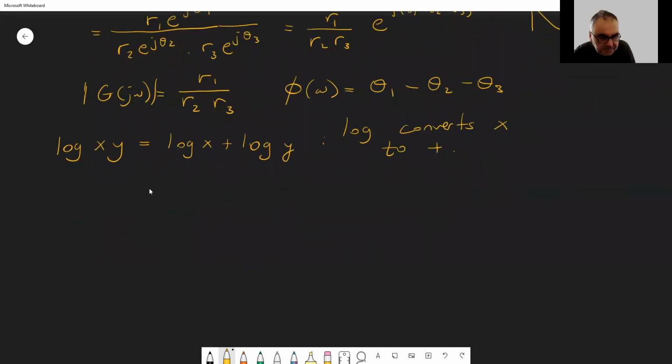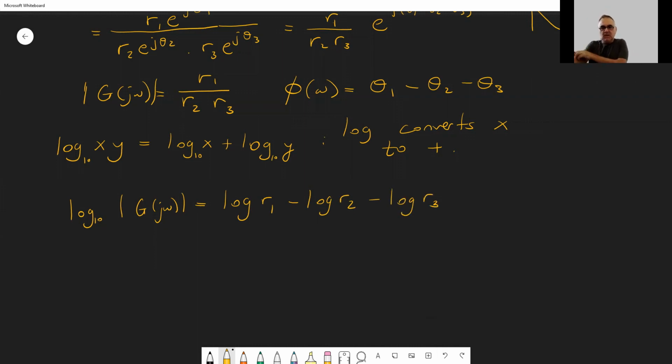If you take the logarithm, it doesn't matter. You can take it in the log 10 base, or any base is okay, ln is okay, but we usually use the 10 base logarithm of g of j omega. For example, in our case, this will be log r1 minus, because you are dividing, log r2 minus log r3. So if you use logarithmic scale, you can add up individual components of the transfer function, and that's a big advantage. That helps you